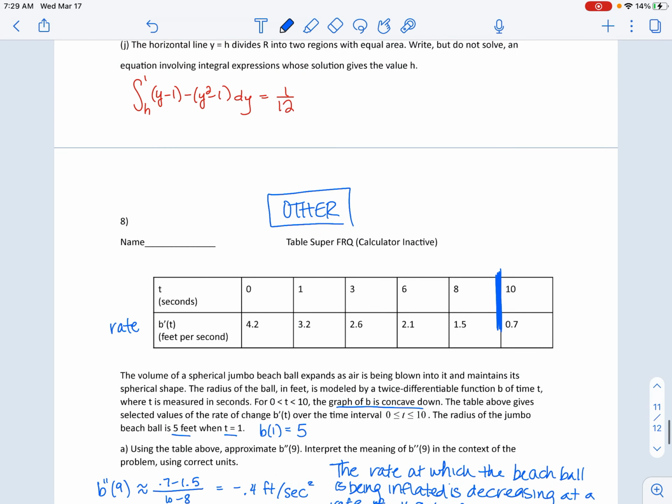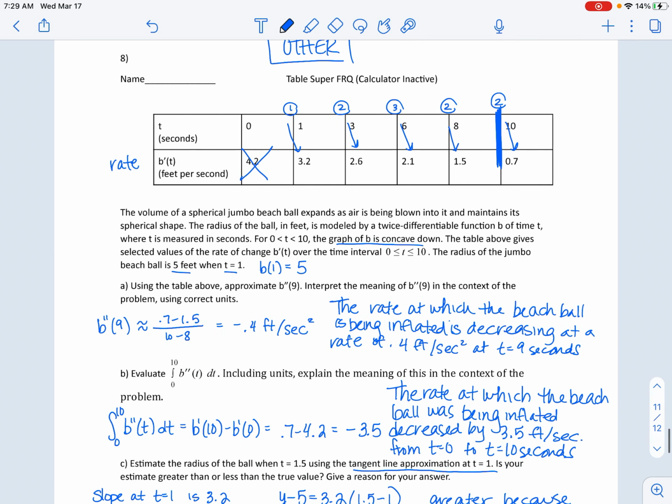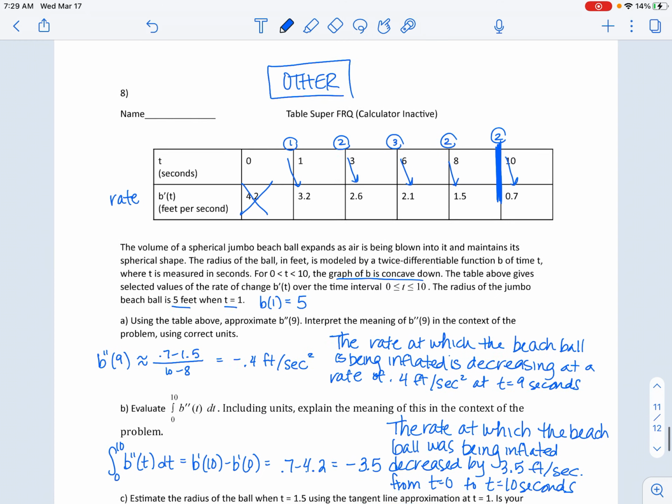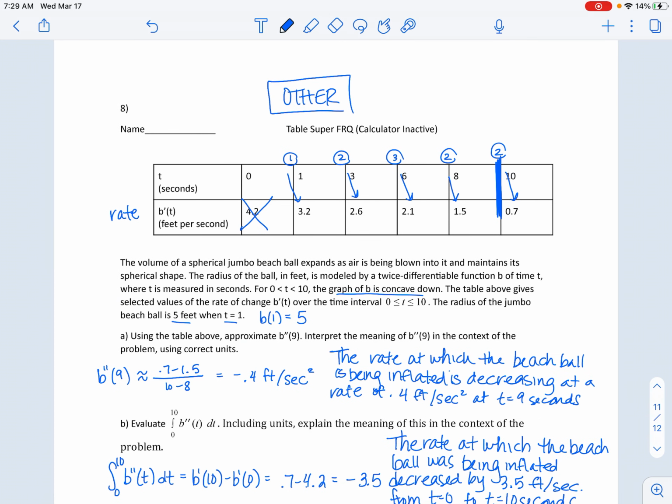So a right Riemann sum means we are not using the left side. So we're looking at the distance between the x's. That's 1, 2, 3, 2, and 2. And then times whatever the height of the rectangle will be, which is the y value. So that's going to be 1 times 3.2, 2 times 2.6, 3 times 2.1, 2 times 1.5, and 2 times